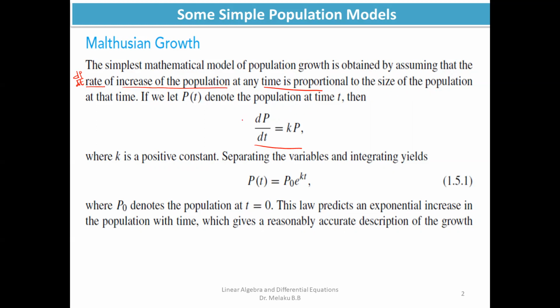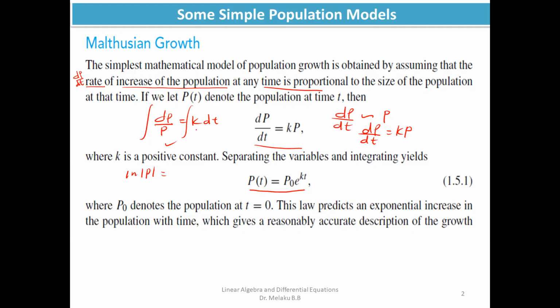So we have already seen last time, it was like the population of bacteria, if you remember, and we have said that dP/dt is proportional to P. That's why we have modeled it this way, where k is a positive constant. Separating the variables, you can write dP over P equals k dt, and this is already separated, and upon integrating this will be ln of the absolute value of P,